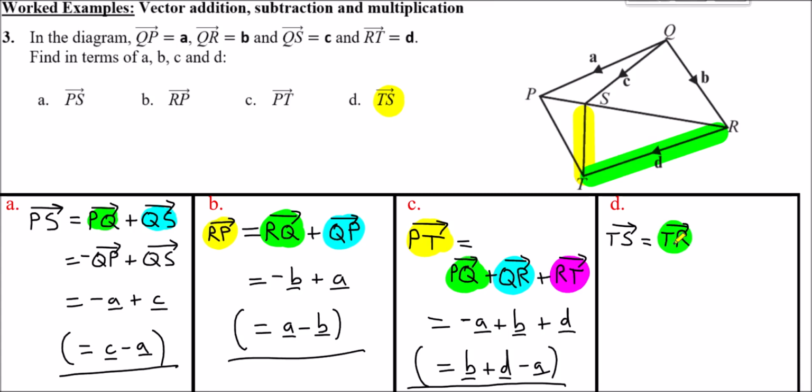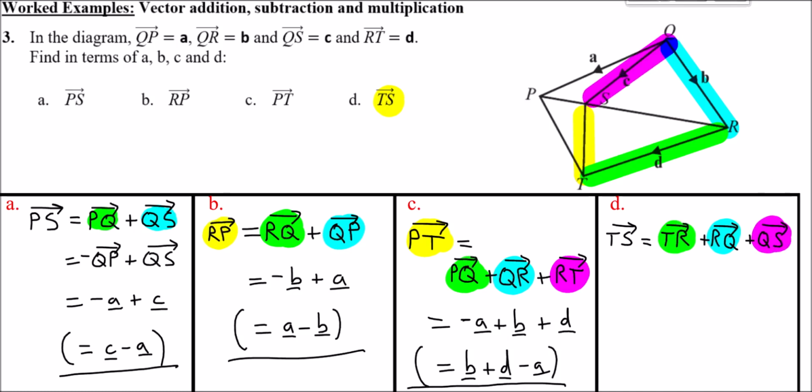Then once we get to R, we could go from R to Q. So we could go from R to Q up here like so. Then once we get to Q, we go along from Q down to S. From Q to S will take us to S. So starting at T, we go along from T to R to Q to S. So finally,